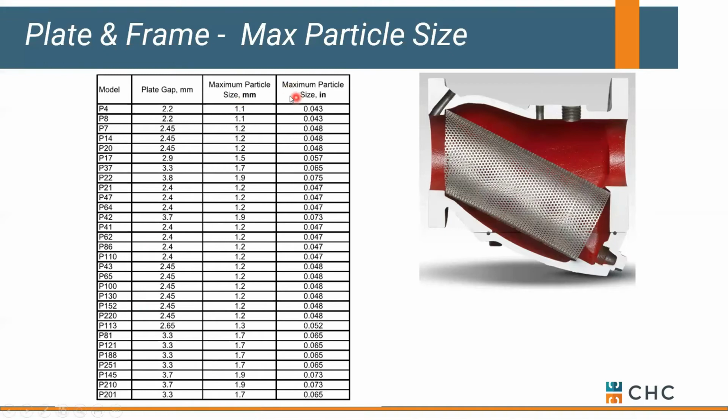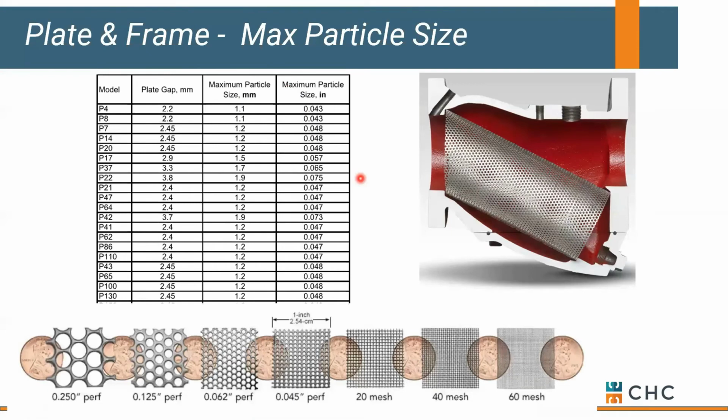And manufacturers are going to give you something called a max particle size. What size particle can I freely pass through my plate and frame heat exchanger? Well, if you have particles that are bigger than this, you've got a problem. They're going to lodge in the heat exchanger. So the point is you want to make sure you're protecting your heat exchanger with a proper mesh size on your Y strainer or bag filter or whatever you're using to protect your system. If not, we have potential to clog our heat exchanger by dumping all the system debris into it. It's a great garbage can,